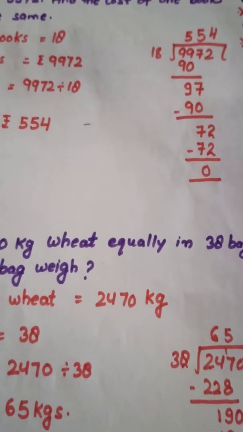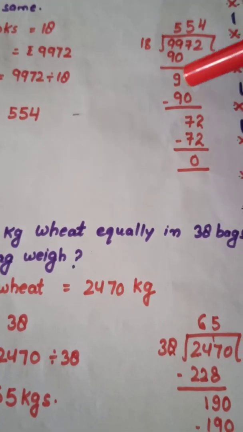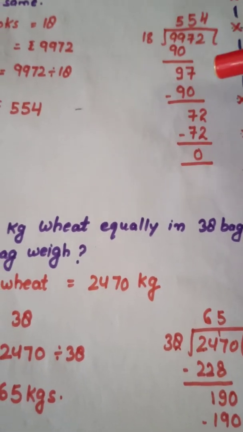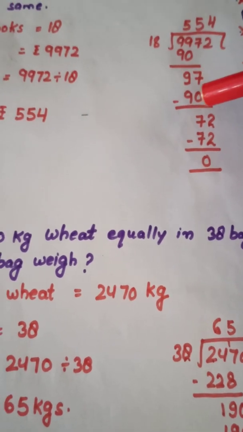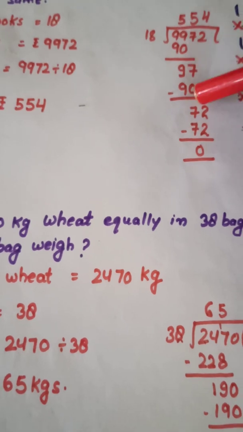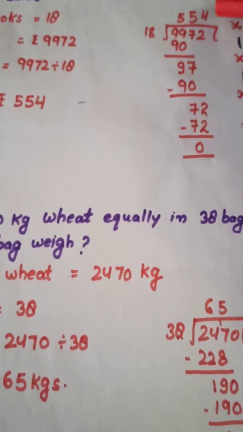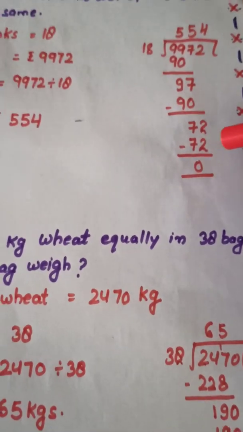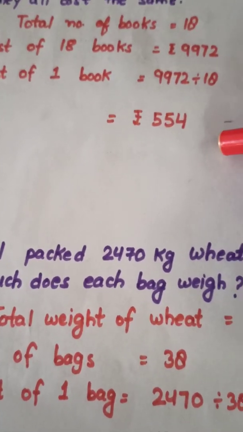9972 divided by 18. 18 5s are 90, and after subtracting we will get 9 over here, and we will take this 7 as it is over here. Now again we have to take a number less than 90, and that 97, sorry, and that will be again 90. So 18 5s are 90 again. We will subtract these two numbers again, it will become 72. Now 18 4s is 72. So it means we have divided this number completely. So it means that the cost of one book is rupees